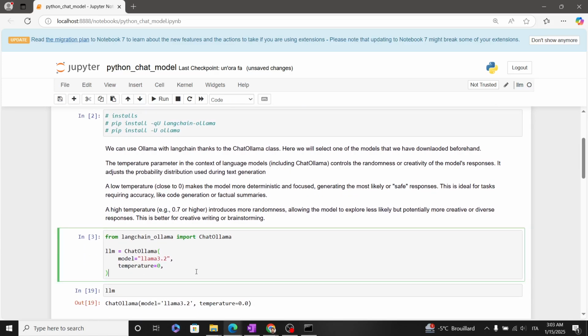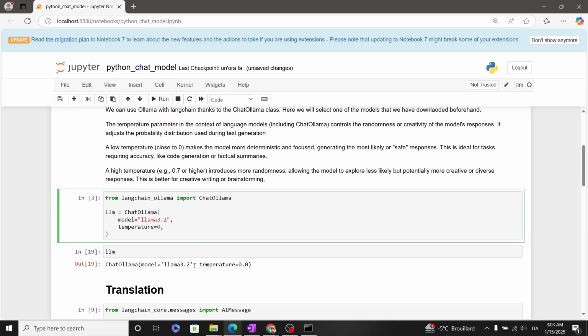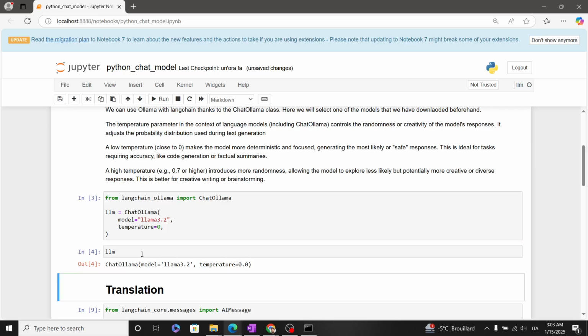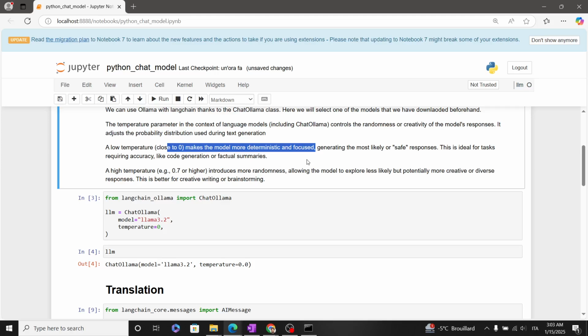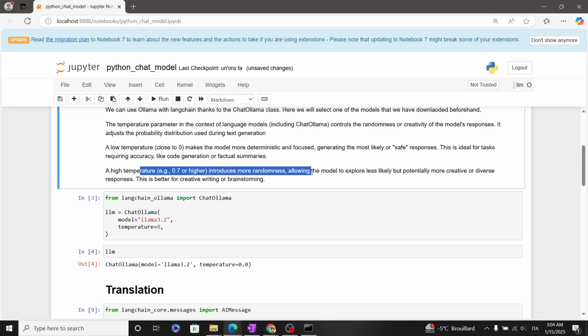Here we will select one of the models that we have downloaded beforehand. The temperature parameter in the context of language models, including Ollama, controls the randomness or creativity of the model's responses. It adjusts the probability distribution used during text generation. A low temperature, close to zero, makes the model more deterministic and focused, generating the most likely or safe responses. A high temperature, e.g., 0.7 or higher, introduces more randomness, allowing the model to explore less likely but potentially more